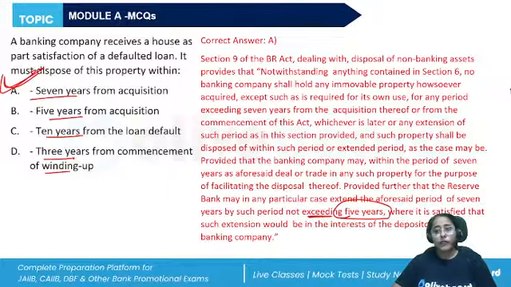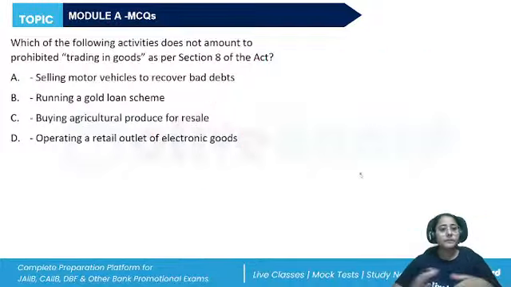So here what do we get to see? No banking company shall hold any immovable property in any manner for any period exceeding 7 years. Also, within this period of 7 years, the banking company will not deal in such property. I mean, they will try to facilitate the disposal within the 7 years period. So the correct answer becomes A. Remember this point: 7 years extended to 5 years more.